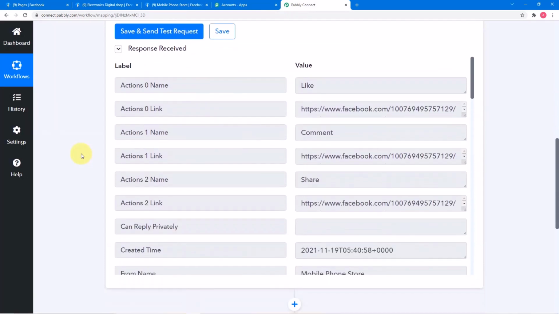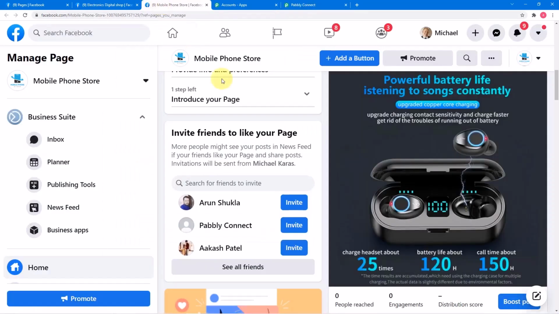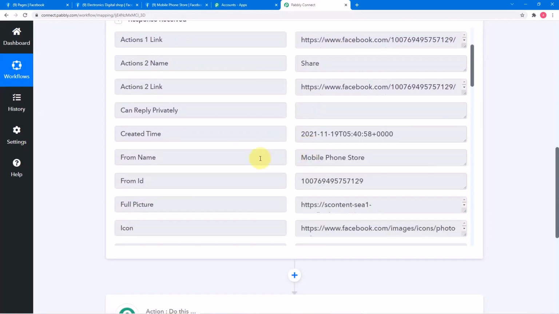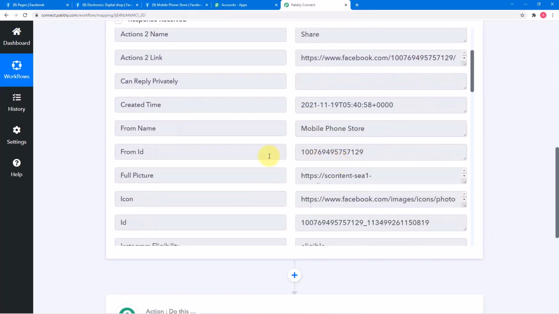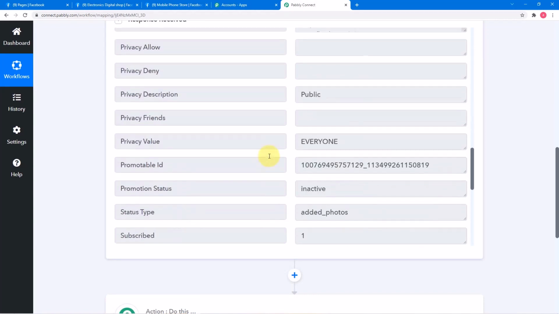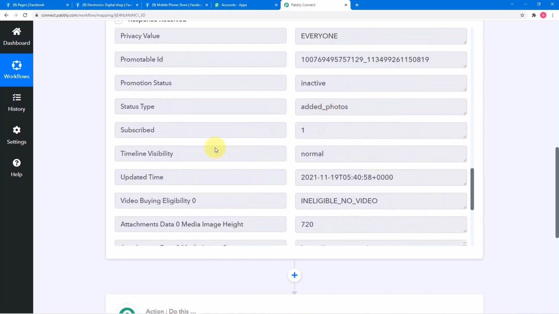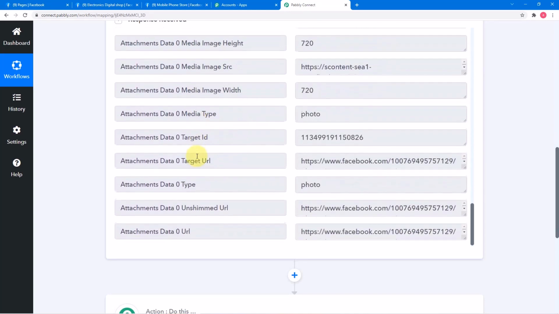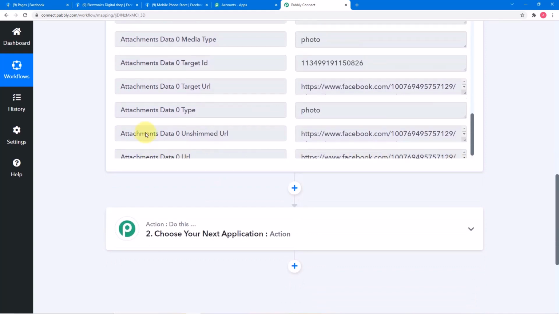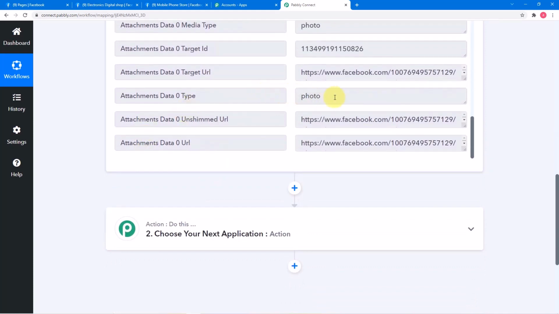and you can see the data of this post, this photo is here in Pabbly Connect like this. You can see it is showing mobile phone store, the page's name, and here it will show you all other details too. Added photo, and here it is showing the URL of the photo also, right? And data type equal to photo. So now we want to share this same photo on another Facebook page. For that,